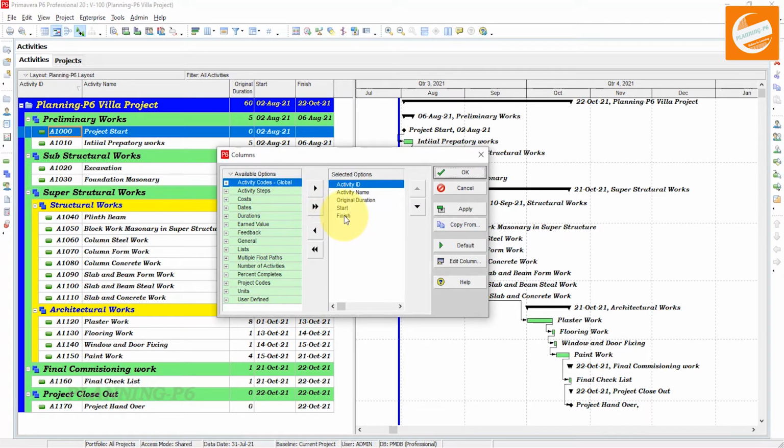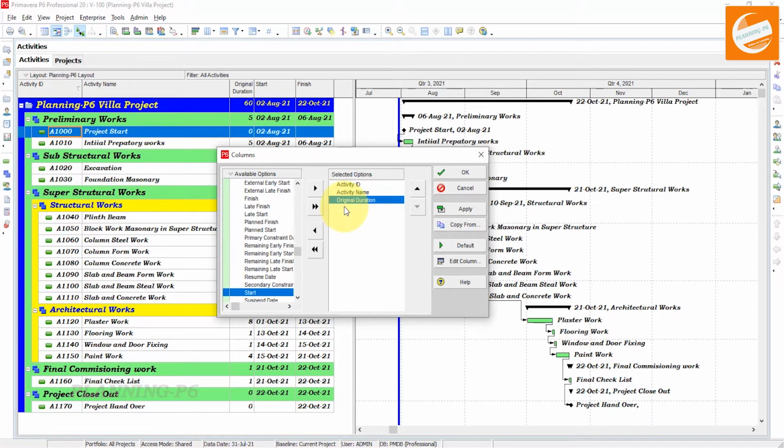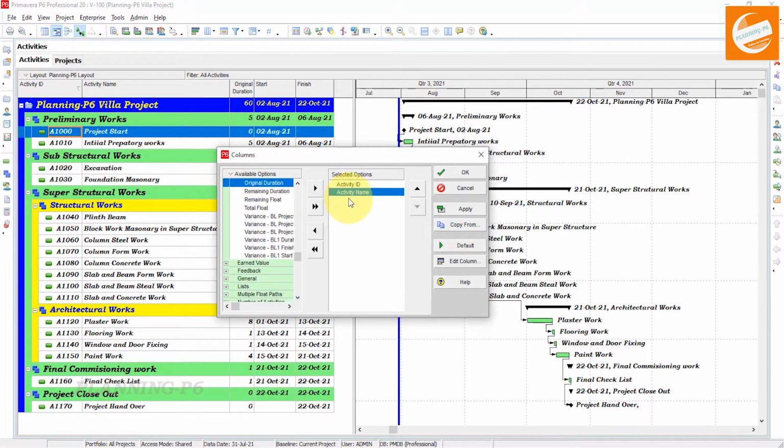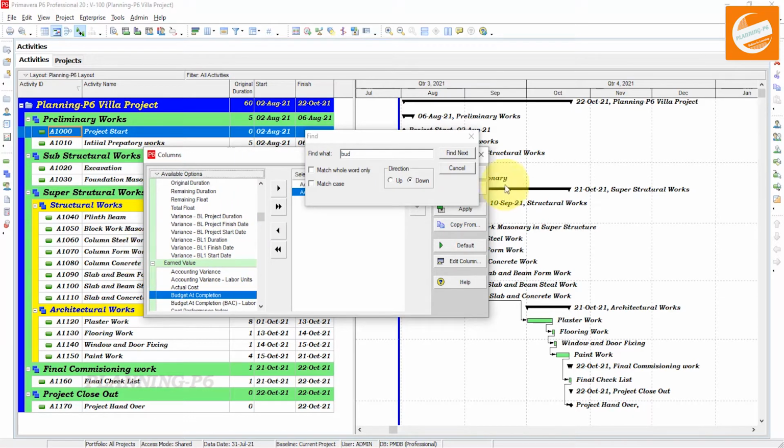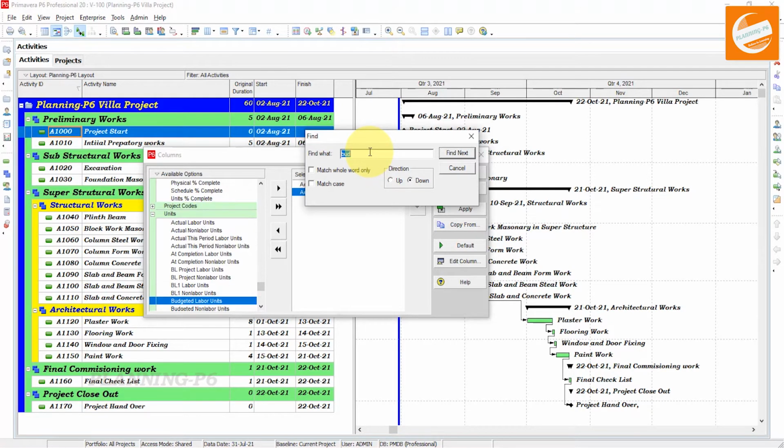Here we don't need these two columns, start and finish. If you want, then you can show them here, and also this one. Now we will find here the budgeted labor units. Find here the budgeted labor units and this one.